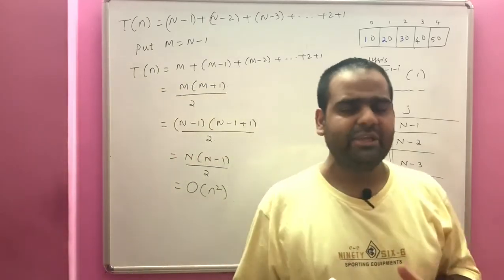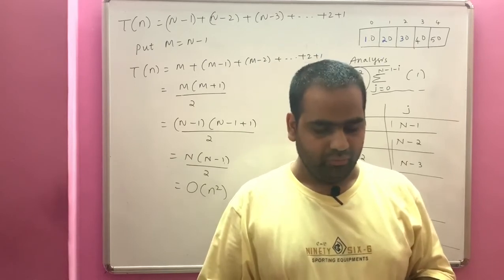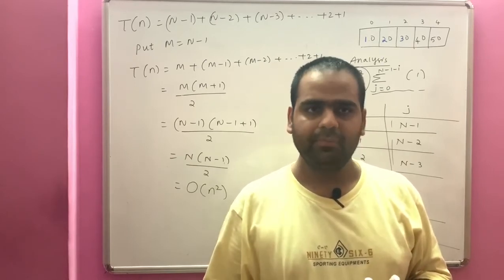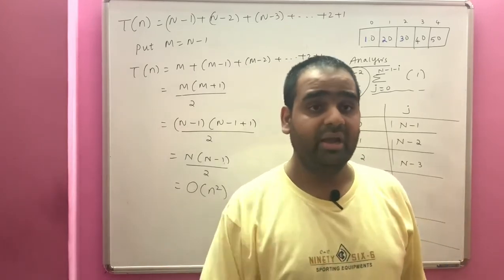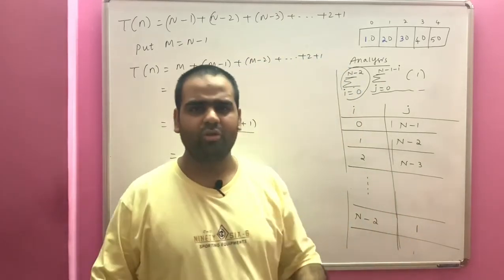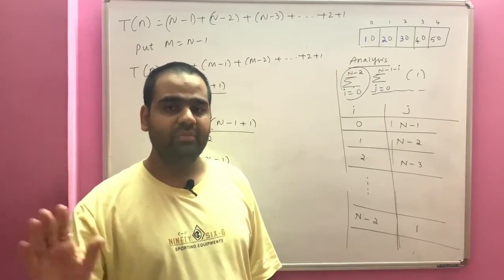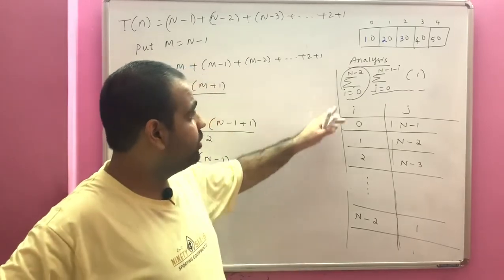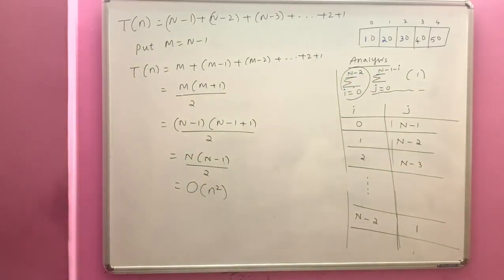It is the least used algorithm. Normally, we don't use bubble sort. We go for merge sort, quick sort or heap sort, the reason being that its time complexity is very high. Is that okay? And this is a brute force technique. Brute force means you try out all the possibilities, go in the naive way, and that is called brute force. And this becomes the analysis of the bubble sort algorithm. I hope you have understood it, and if you have any difficulties you may ask.